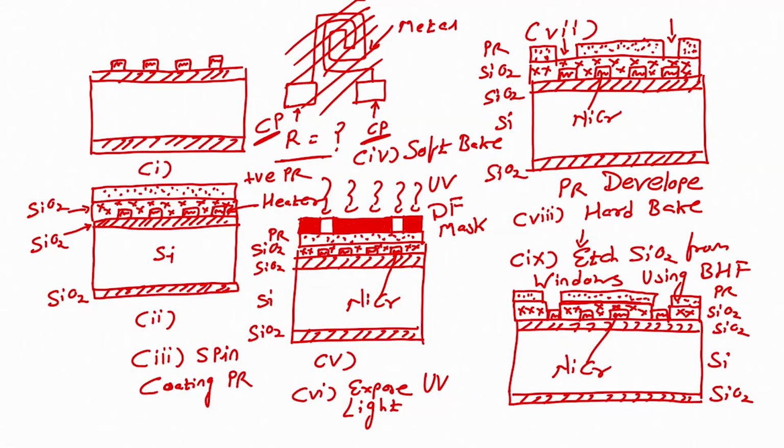You got it? What is the difference here? You see here there is silicon dioxide everywhere on the heater. Here silicon dioxide is etched from the window,